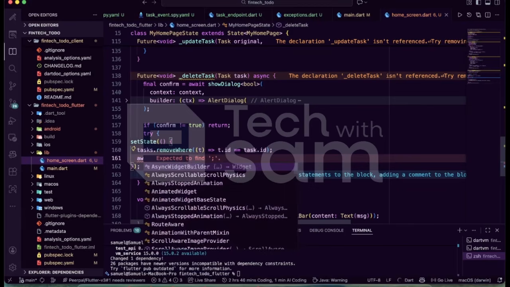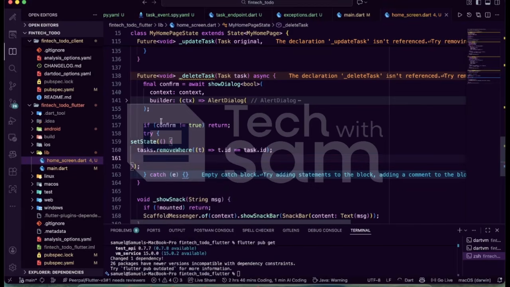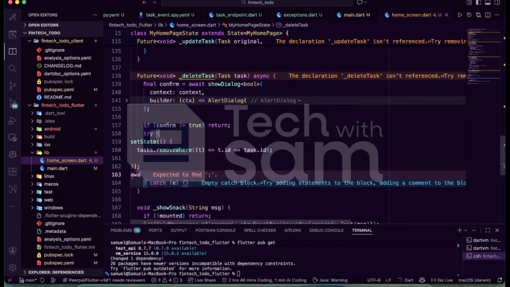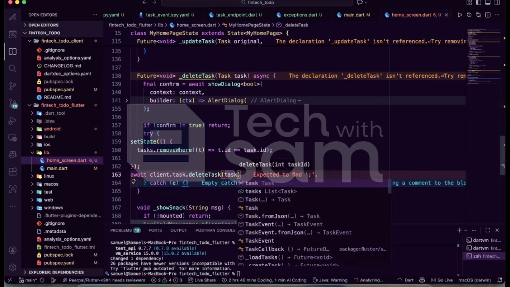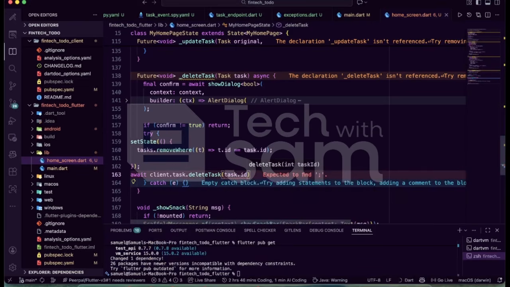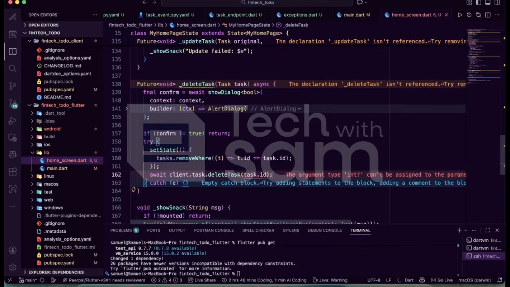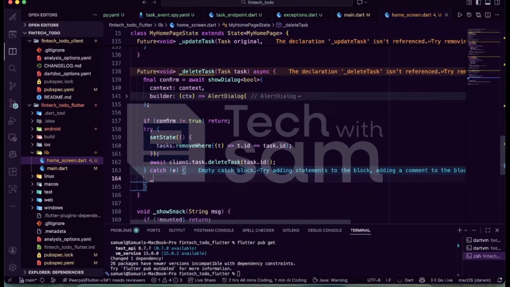Sorry, let me come outside the init set state. Then I can call await and then client dot tags dot delete tags. Then we can now use the tags id here. As simple as that. So the tags id is not labeled, so we have to mark it as such. So pretty much right. So now inside the card you can show our snack bar and just say delete field,